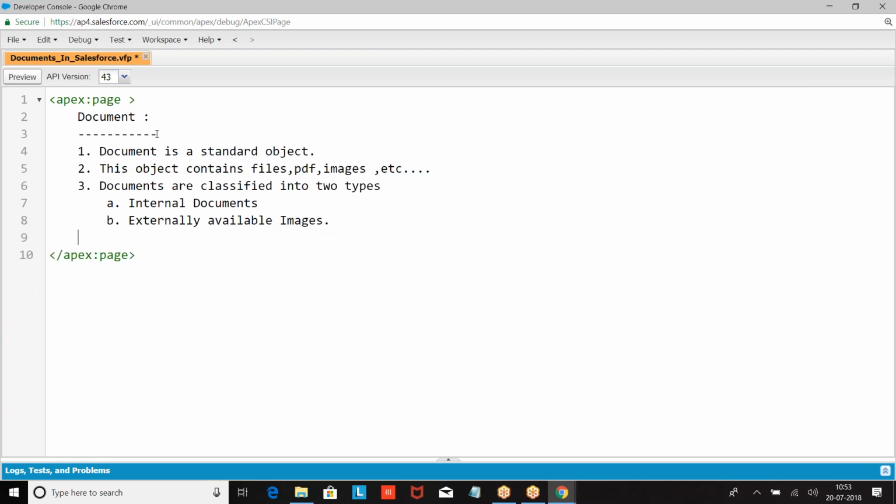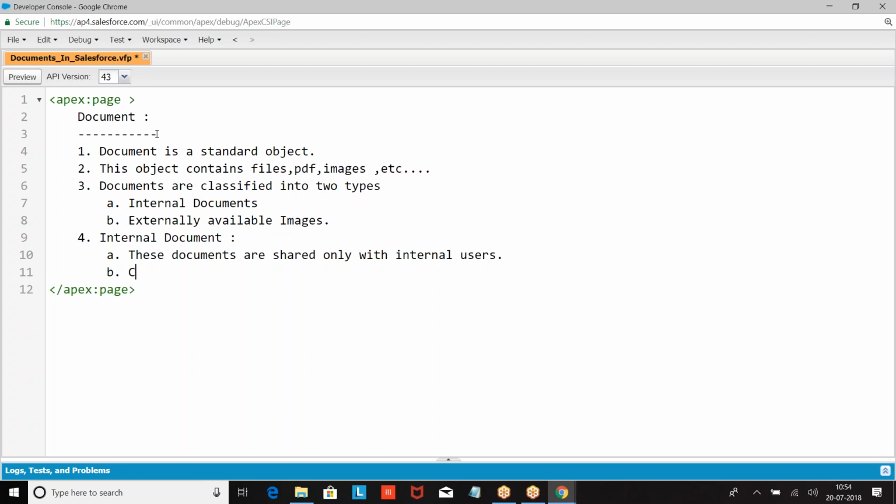So we are giving here internal document. These documents are shared only with internal users.